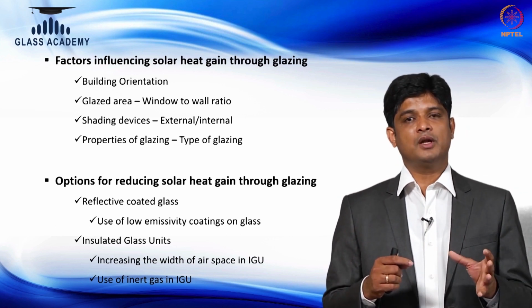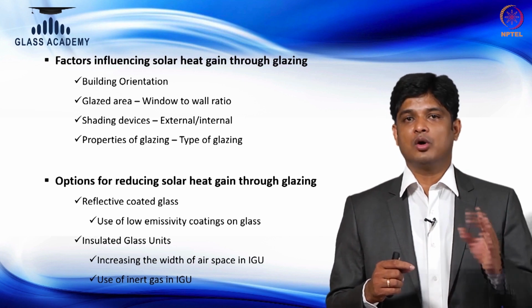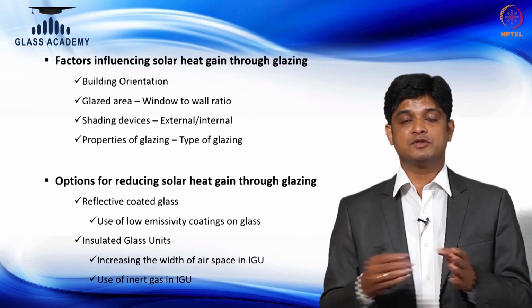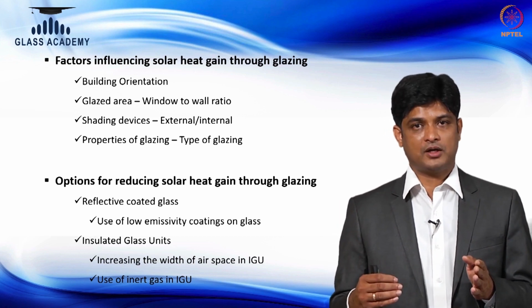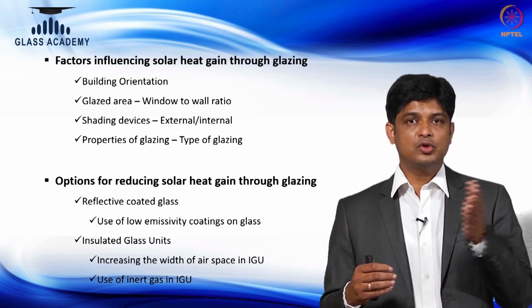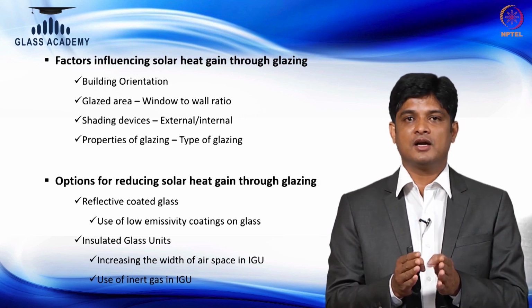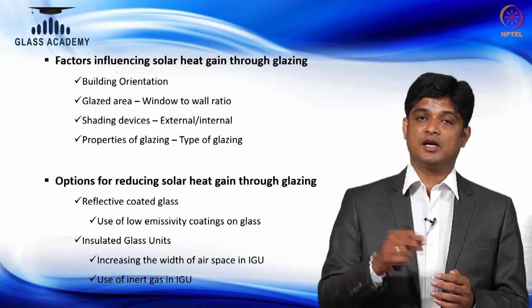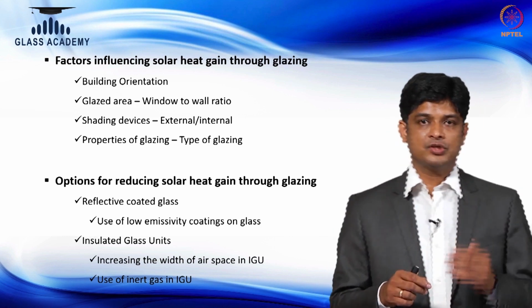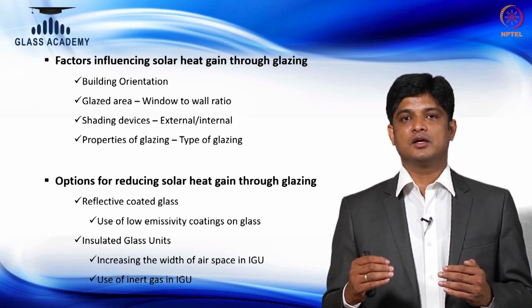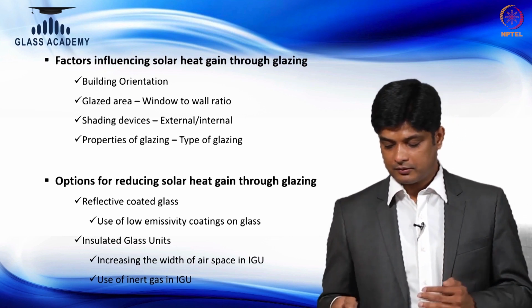So the options available again: you can have a coating on the surface of the glass. You can in fact use tinted coatings, which will help you drastically reduce the solar factor. Second option is you can still use this in a double glazing format, so you have an outer coated glass and an inner clear glass with an air gap. Third option is the air gap can be filled with an inert gas. So there are 3 options for the buildings to address, and there are 3 options in the glass to reduce the solar factor.